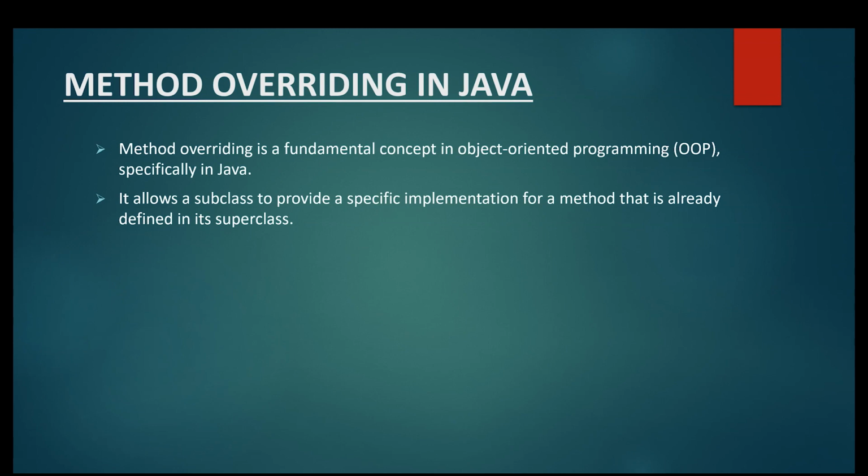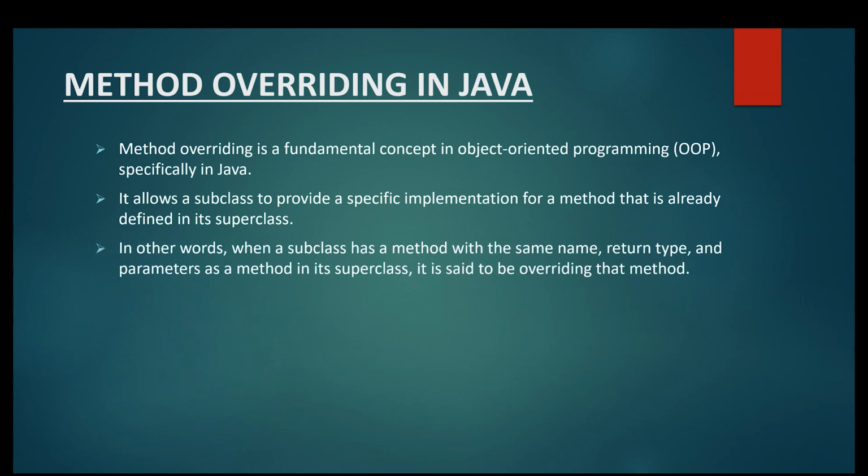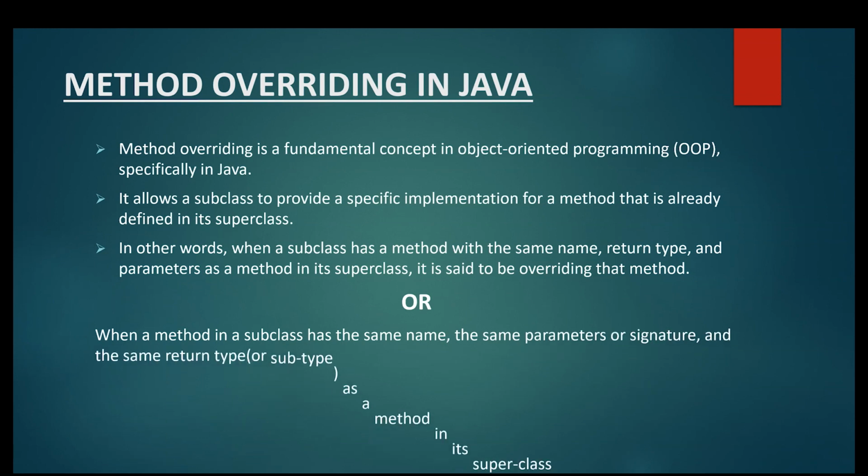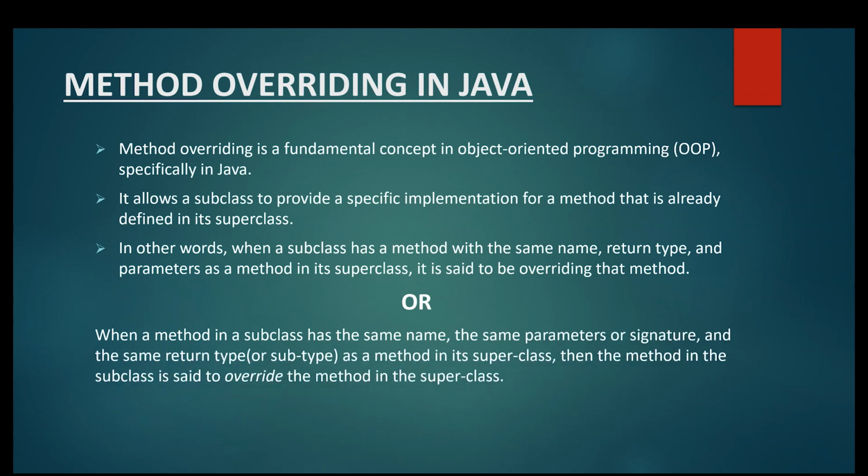then it can be said that this is an overridden method. And that's exactly the third point about method overriding in Java. To understand point number three in a better way, let's have a look at this statement. When a method in a subclass has the same name, same parameter or signature, and the same return type or its subtype, that is called covariant type, that we will discuss in the coming slide, as a method in its superclass,